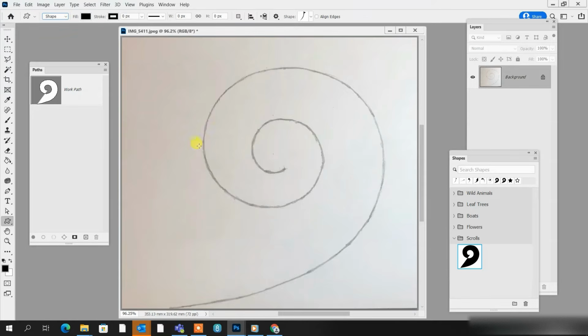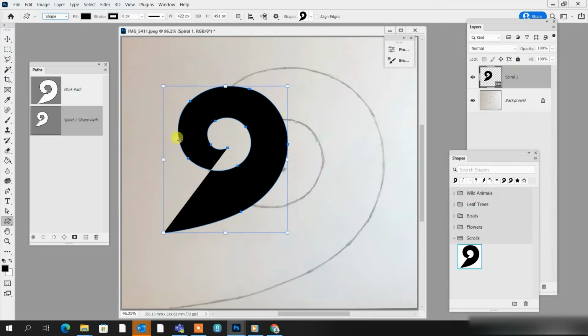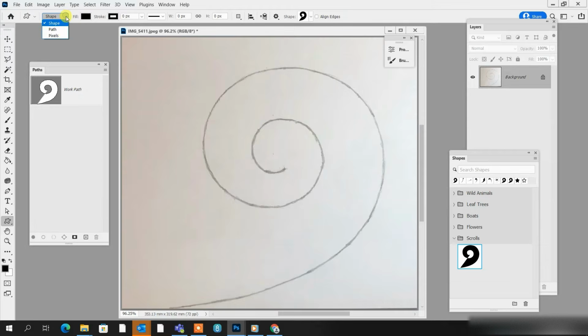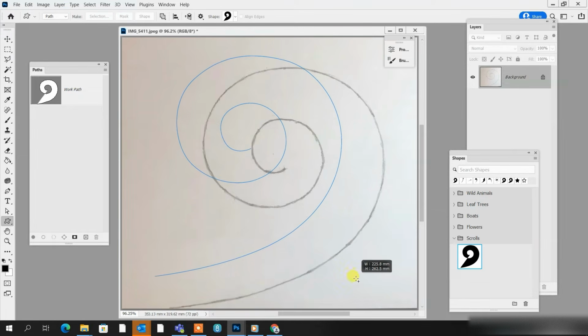So I'll show you what will happen if I draw that as a shape. So I'm going to hold Shift, because that will constrain the proportions, drag it, but then as soon as I let go, that's filled that as a custom shape, and that's not what I want. I want it as a path. So let's undo that, come up here, path, hold Shift, drag,